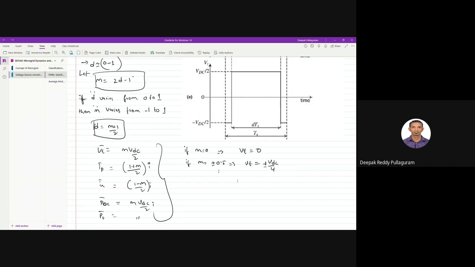Even though I don't give much theory of Park's transformation in today's laboratory session, in the next 2 or 3 classes, we will discuss what is Clarke's transformation, Park's transformation. What is the role of the transformation in terms of ABC and what is the importance of the transformation? In this week, we'll try to complete all these basics. Once you understand all these basics, it will be very easy for you to simulate a three-phase voltage source converter.